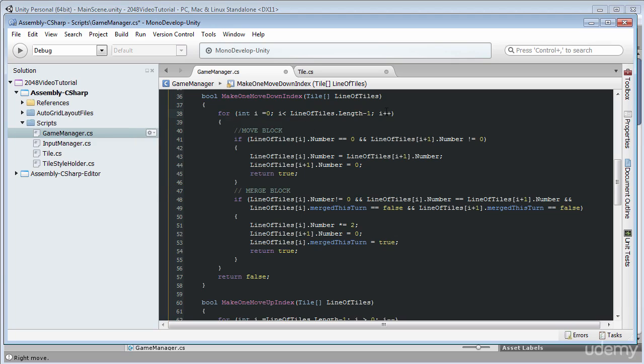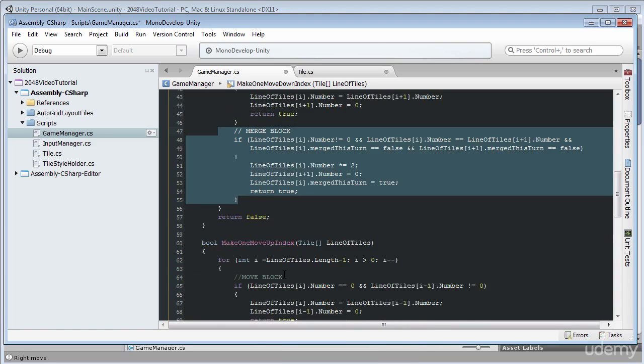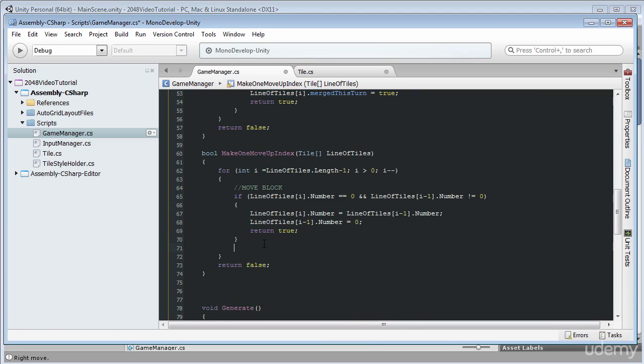The whole line will be scanned for all available moves and merges, and if it isn't possible to make elementary moves in this line, we will just exit our for loop and our method make one move down index will return false. And this means that the execution of our while loop will be interrupted and the turn will be over for this line. So now I can copy this merge block and paste it into this method right after